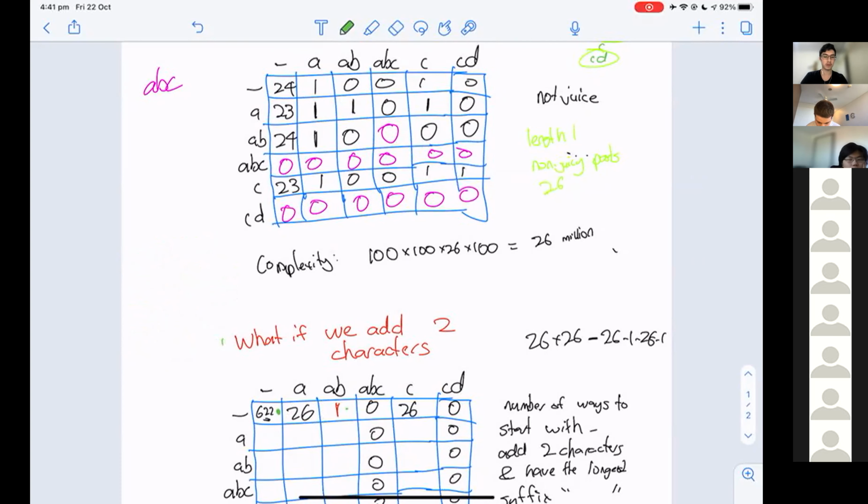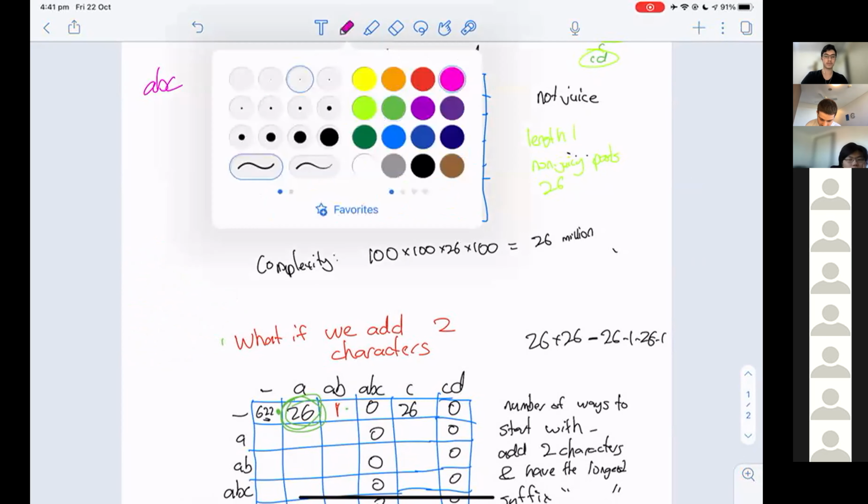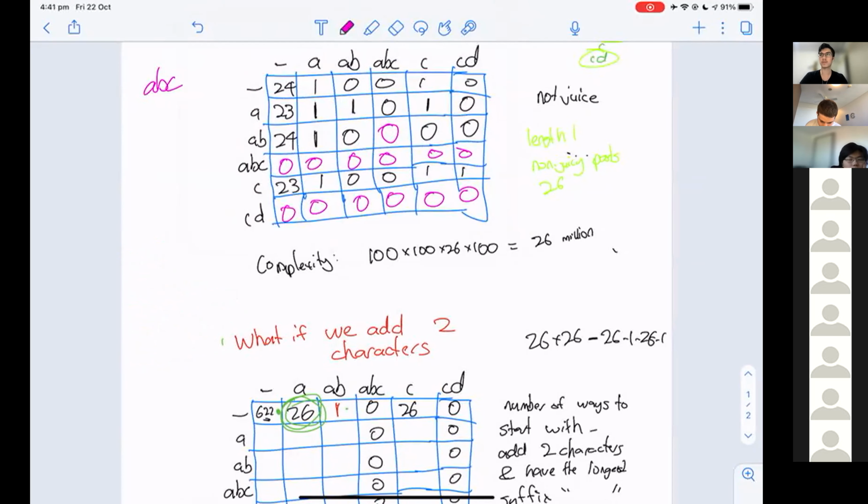So to compute this 26 value here, we multiplied blank to A by this value here.